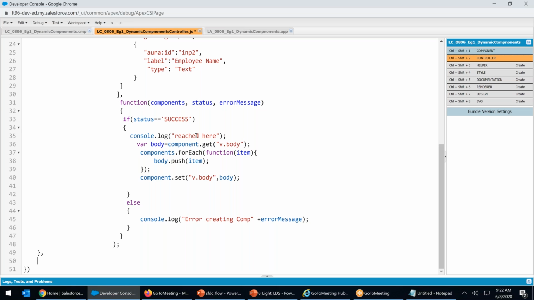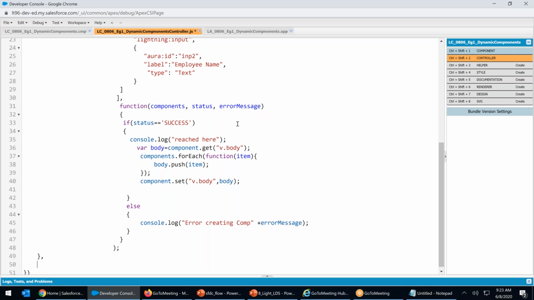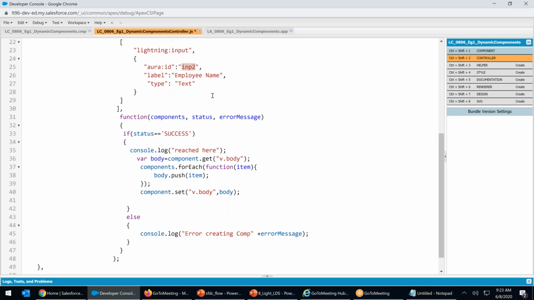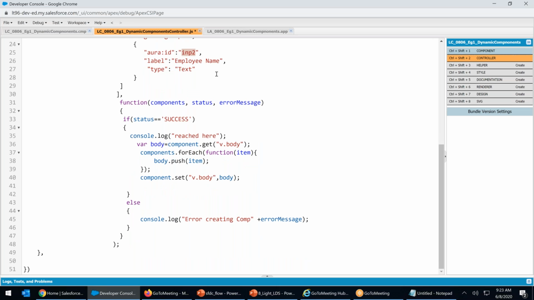If you're using a number, where a equals component.find of id.value, where b equals component.find of inp2.value. Then you can do whatever calculations you want, right? Till here it's clear, everyone?